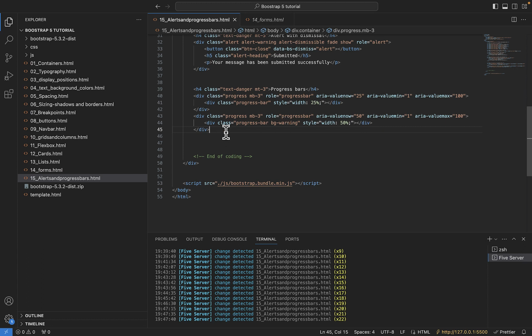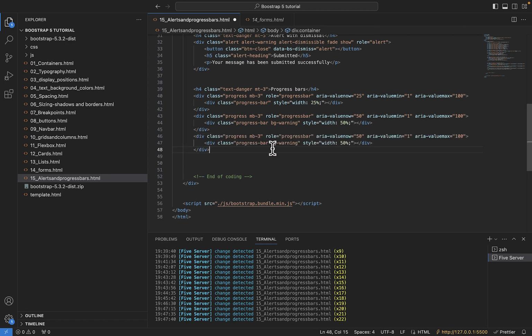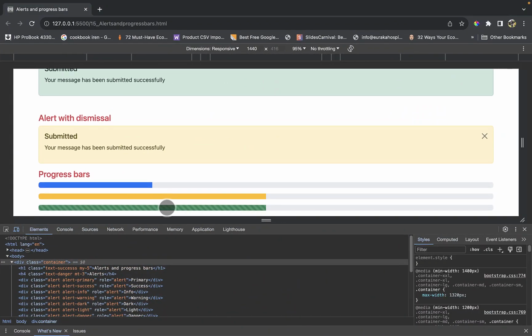So I'm gonna leave it at warning, but I need us to learn about how to give a striped progress bar. So I'll copy this. The rest remains to be the same. The only thing that changes is probably, let me change this. You don't need to change the context class, but we need to give it another class. So the child will have a class of progress-bar and also progress-bar-striped. If I've not spelled wrong, yeah, and that's how it's going to be with it being